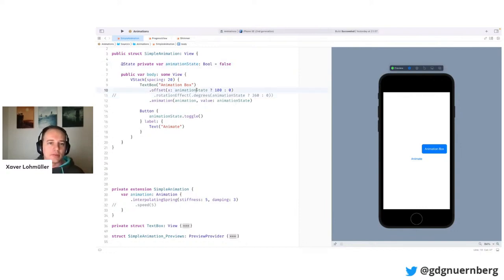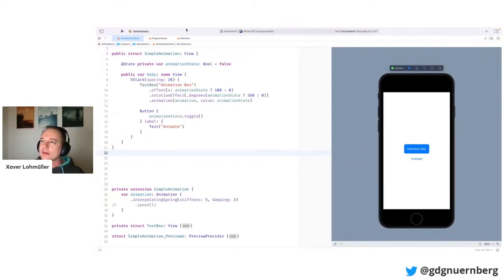And right now I'm animating only over this offset, so the X position, but it's easy to add different things here. So now I'm adding a rotation effect. And this one also depends on the animation state. Now when I tap here, it will add this rotation effect. So you can have multiple things that you want to animate all at once. And this is also interactive, so I wouldn't know how to implement this if it wasn't magically inside of the framework.